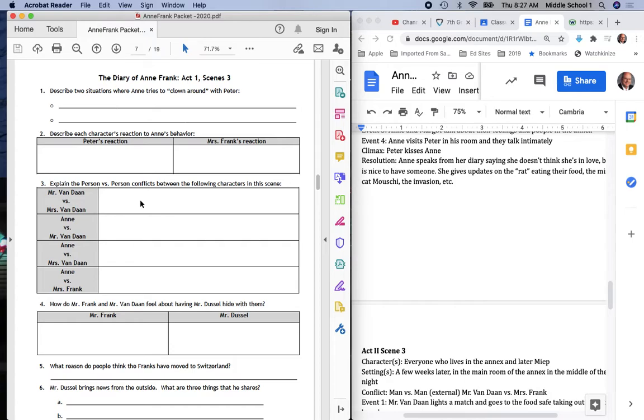Once again, you should be to the end of Act number 1 and answering those questions by the end of this week. And if you find some extra time, you can certainly proceed with Act number 2, and that we will be completing by Wednesday of next week. Again, the reminder that this packet is not to be returned to school this week. Rather, this packet is returned to school at the end of next week on Friday, December 18th.